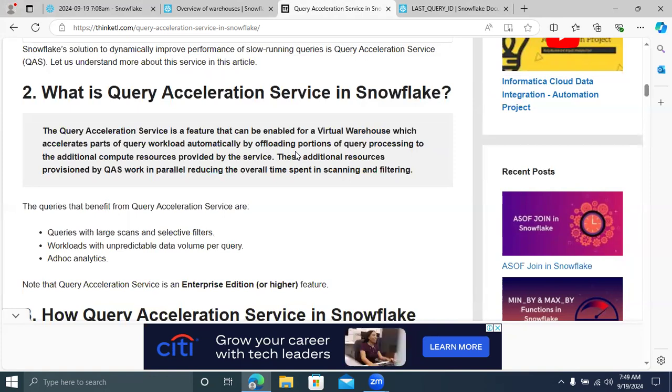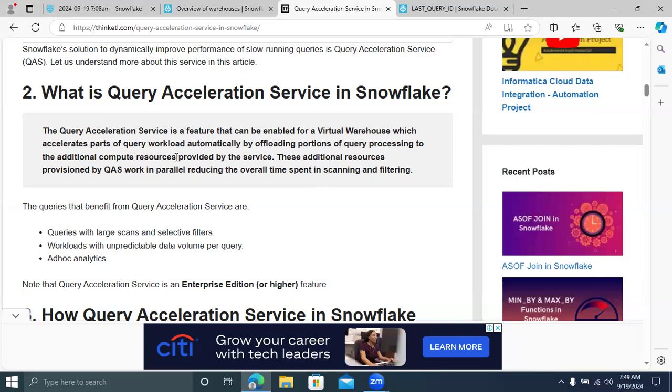If you provide 8, then 8 warehouses will be created in a concurrent way, and they will scan your tables, scan your partitions, and get the data. Everything will be scaled up. You might have a question: when will it scale down? If you are not running any query, it will automatically scale down. Everything is taken care of by query acceleration services.